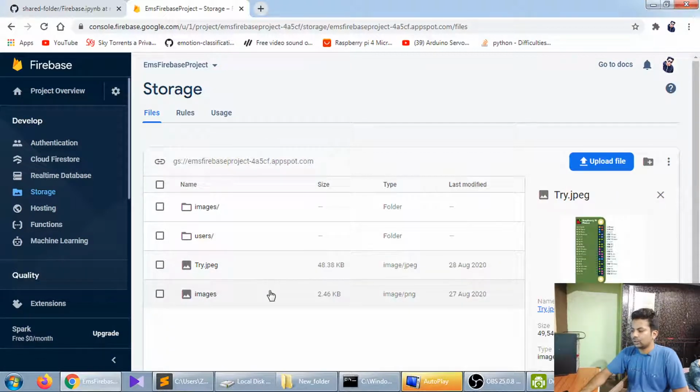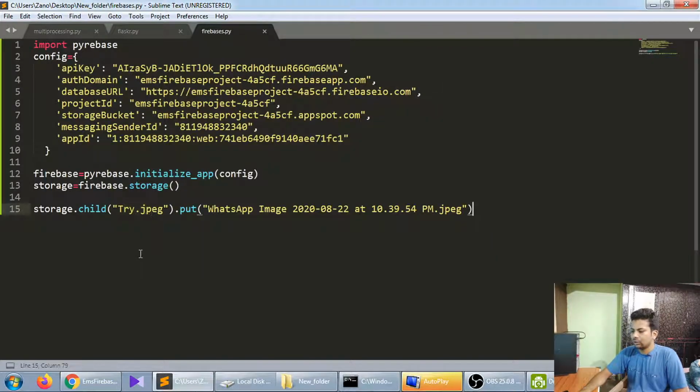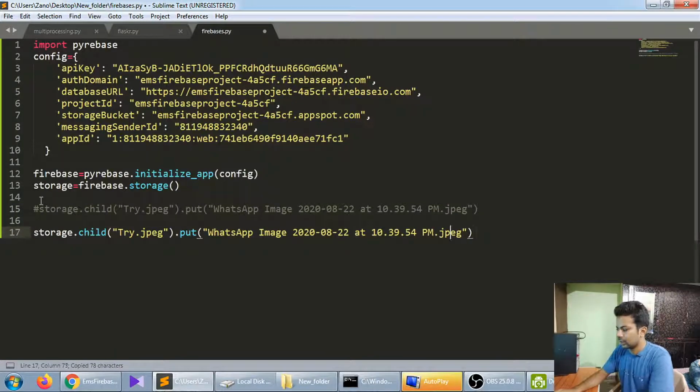You can see it, and suppose you want to download it. Let me just comment this out and copy it, because that's also done. And I'll just say download. Now the file name is try.jpg, so just copy and paste it here.